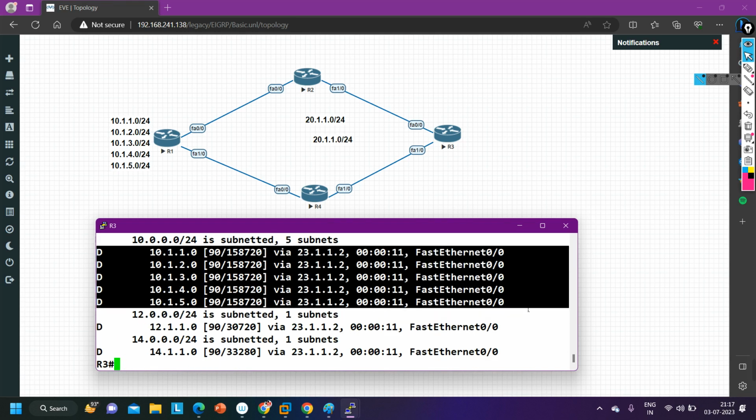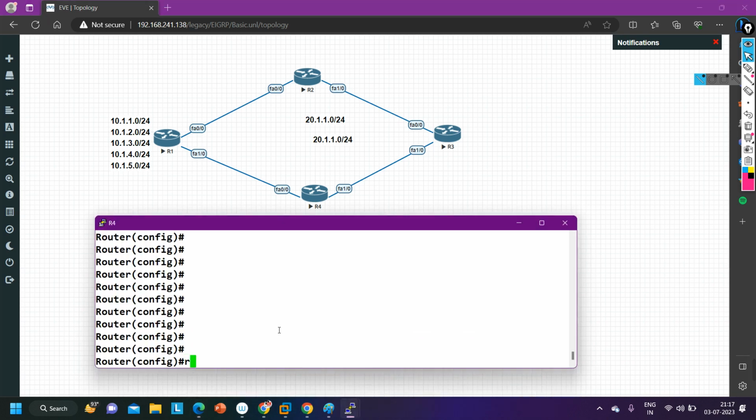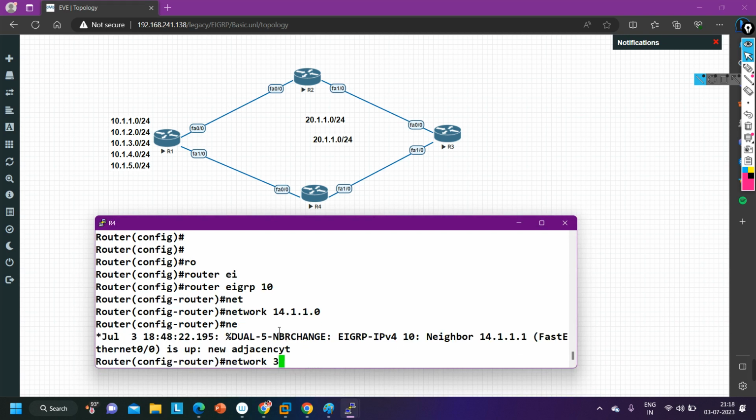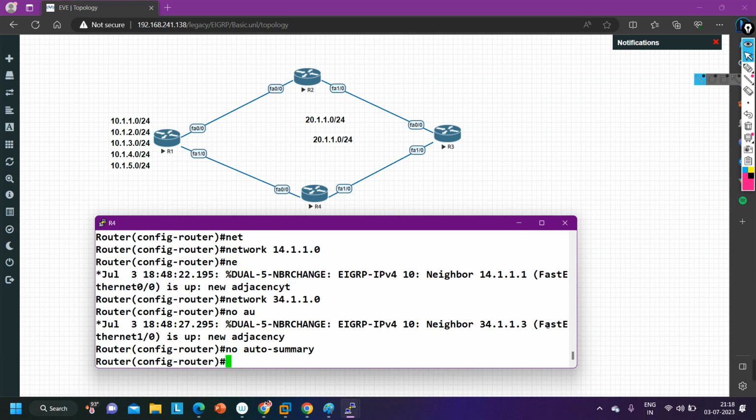It has received all these prefixes. Let me take you to router 4. Router EIGRP 10, network 14.1.1.0 and network 34.1.1.0, no auto-summary.